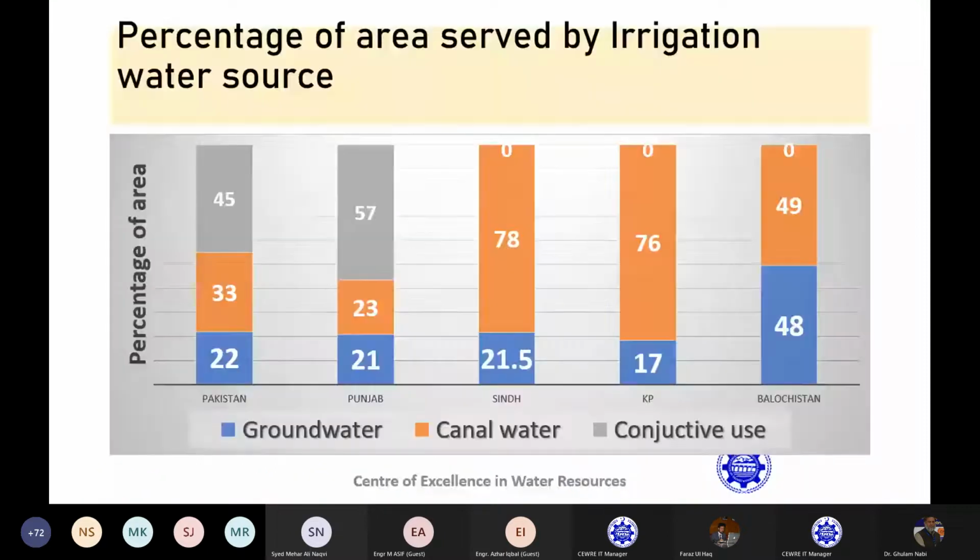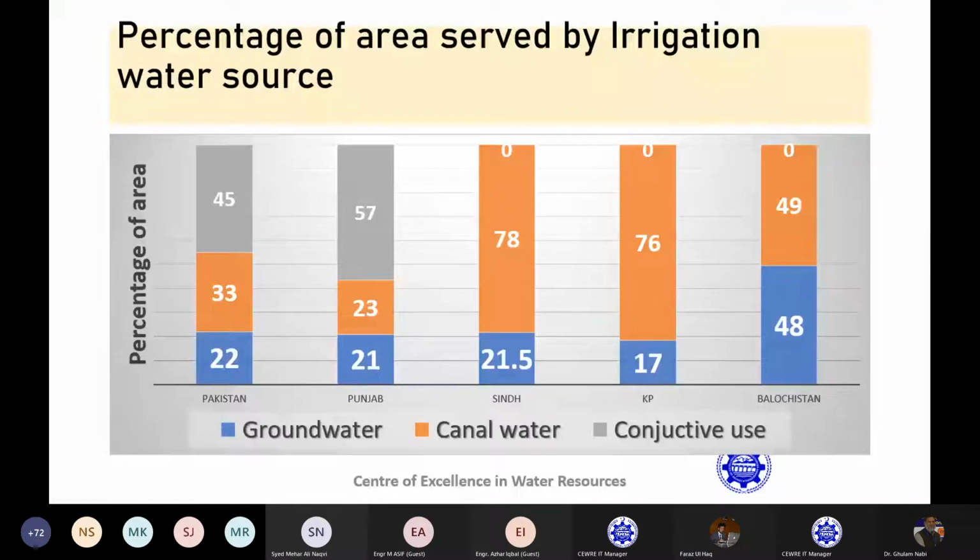But the situation is that in Punjab, Sindh, and other provinces, there are different forms of groundwater usage. One option is conjunctive use, because the groundwater is saline and the groundwater is mixed when using it. That's called conjunctive water use. But overall in the Punjab, 50% groundwater is fresh, 33% is canal water, and 45% is conjunctive use. So province-wise, if we come to